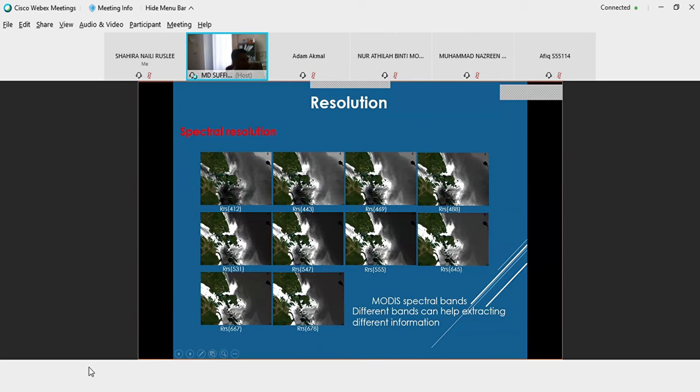Okay, this one is an example of spectral resolution untuk MODIS, daripada band 412, 443, 469, 488. Ini adalah dia punya bandwidth, the center of the wavelength. So kalau contoh 412 tu dia punya spectral range is between 405 until 420, so dia punya tengah-tengah dia, the centered bandwidth, is 412 nanometer. So you nampak kat sini dia boleh nampak perbezaan di antara setiap band. So dia akan bagi lebih banyak maklumat mengenai objek di permukaan.